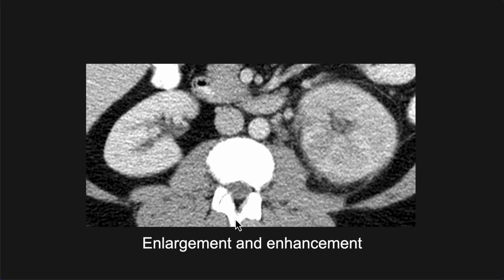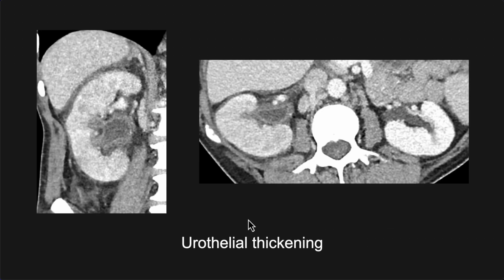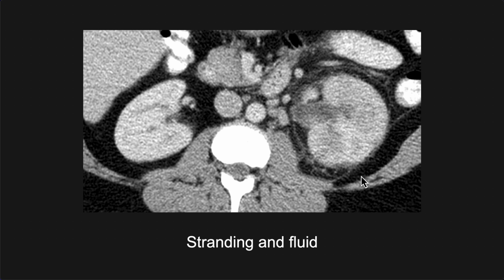So again, some of the major findings that we covered here. When you're talking about infection, you're looking for enlargement and abnormal enhancement, generally hypoenhancement of the kidney, urothelial thickening and increased enhancement, stranding and fluid surrounding the kidney, although that can be a relatively nonspecific finding, also seen in the setting of obstruction,